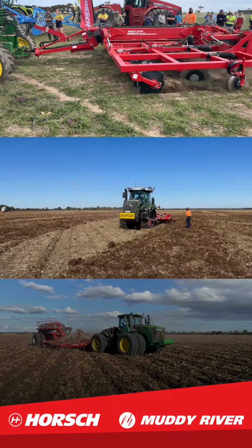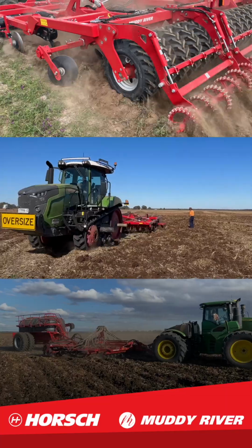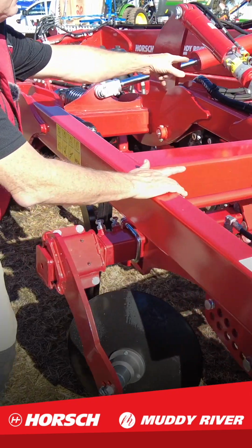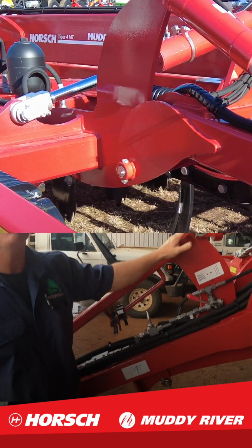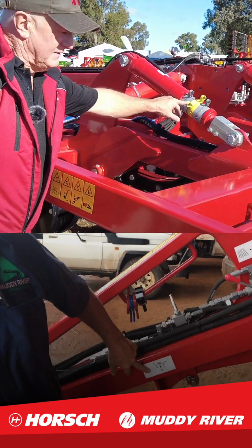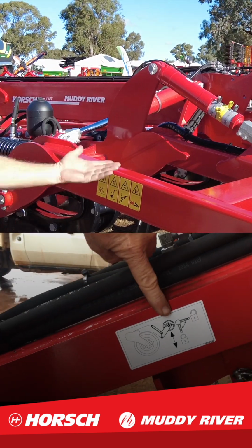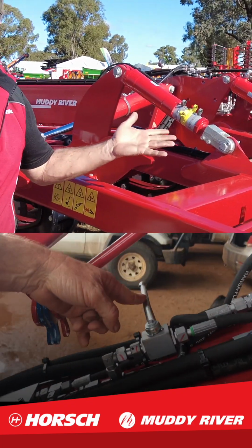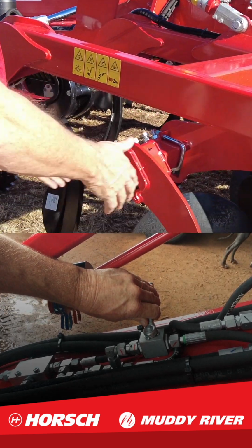The other thing I forgot to mention on this machine, we've got clients using them as a speed tiller. You can clip up your tines, and I'll just show you where you do your tine spacing, depth setting. This is how you set your tines. So you take clips in and out of here. Your packer determines your depth of these tines. Every clip you take out drops it lower. So you're going to take 4 clips out on a 4 metre. Say a blue clip that could be 6 millimetres. It's a 4:1 ratio, so that'll drop 24 millimetres. So that's really important to get your depth down and get that soil flowing through